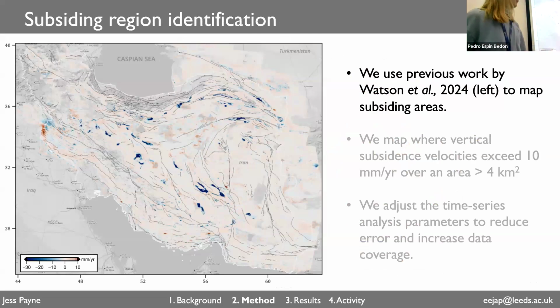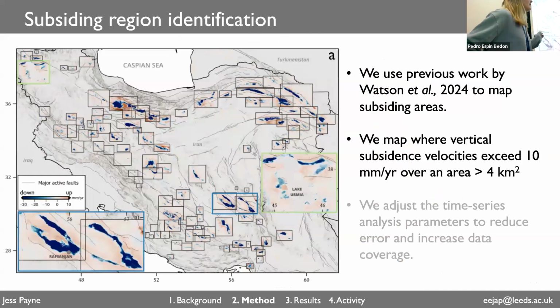So moving on to the work that I do. My work in my PhD focuses mainly on Iran, and I've identified about 113 or 108, I think, areas of subsidence around Iran. And these pop out really severely when you look at the InSAR data. So blue here is moving down really fast. So peak rates of vertical velocities, as we saw before, about 30 centimeters a year. And red areas are moving up, and areas moving up are much slower than those moving down.